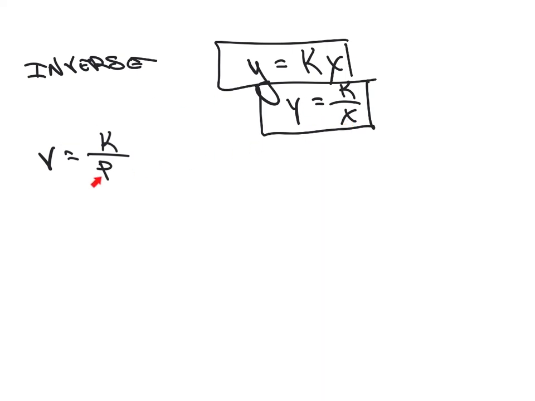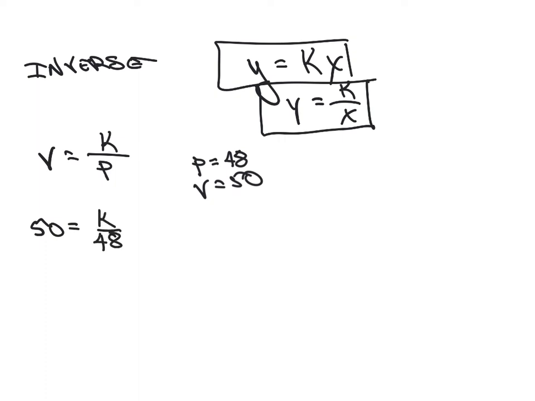My X value is going to be down here, and we're going to call that pressure. If the pressure of 48 pounds, so remember we're finding K first, so they've got to give me the pressure and the volume so I can do that, to a volume of 50. Okay, so there they've given me enough information that I can go ahead and find